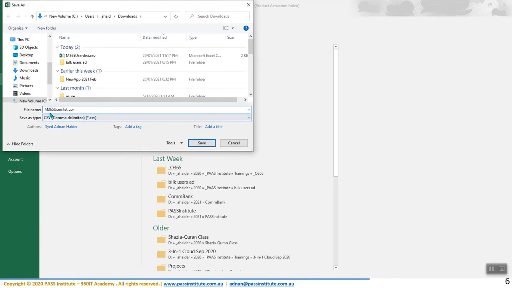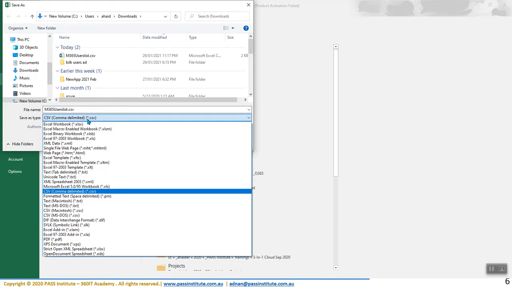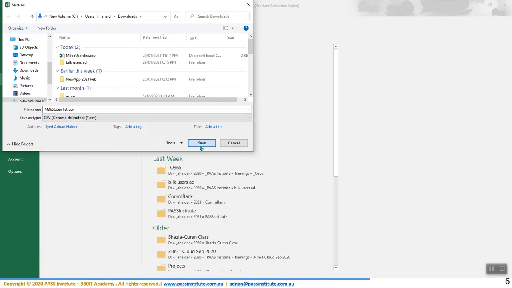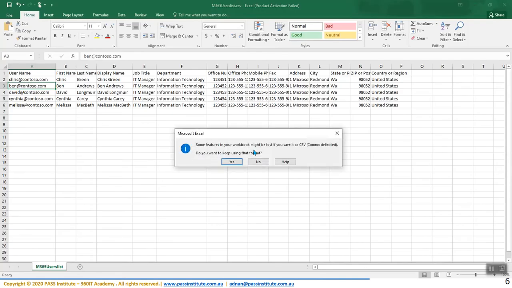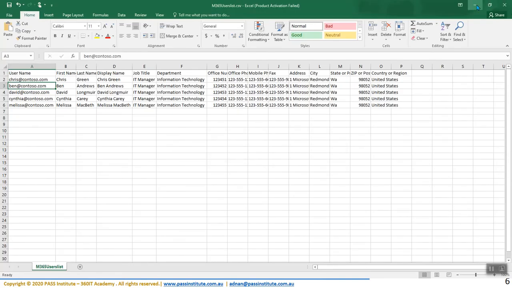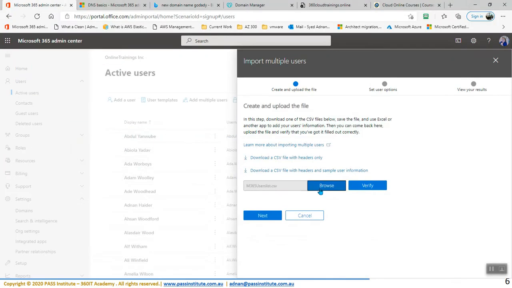file as m365 user list csv or any name. Sometimes this is automatically selected as text, so you can just select csv. It must be a csv file, and save. Since I already have one, I'm just going to click yes, overwrite that file, and going back here, now here